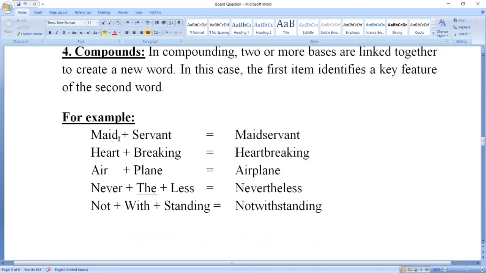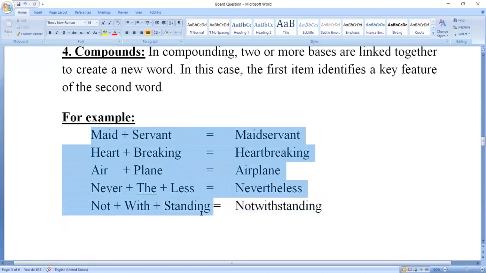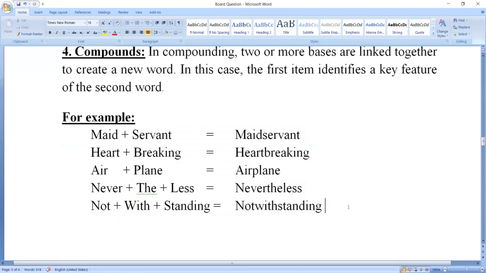Here we can get some examples like maid, servant. These are two different words, but when we put them together, the word becomes maidservant. So this is the new word. In the same way, heartbreaking, two different words, but when we have joined them together, they become heartbreaking, a new word. In this way, airplane, nevertheless, notwithstanding. So in this way, two or more base words can make newer words when we link them together. So you have to learn them also. Okay,